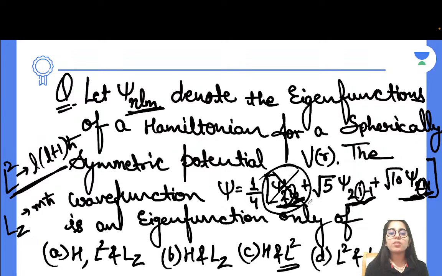Tell me still if there is any doubt, and this is how you can check whether it's an eigenfunction for a particular case or not. So for L, it's Lz, it's not, and for all others, it is yes. Okay, I hope you're going to get it now, guys. But still, if anybody has any doubt and you don't understand that part, tell me. I'll try to make it clear to you. But if everything is getting clear, then that's great.